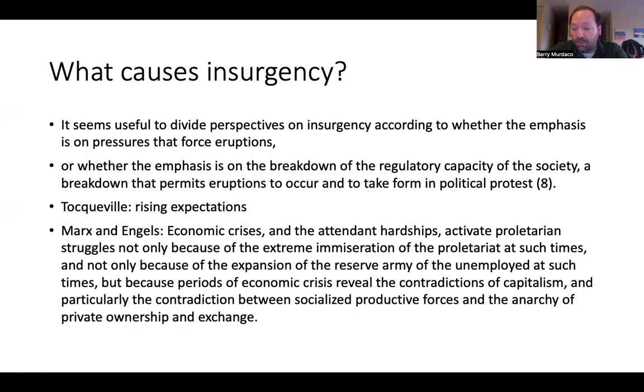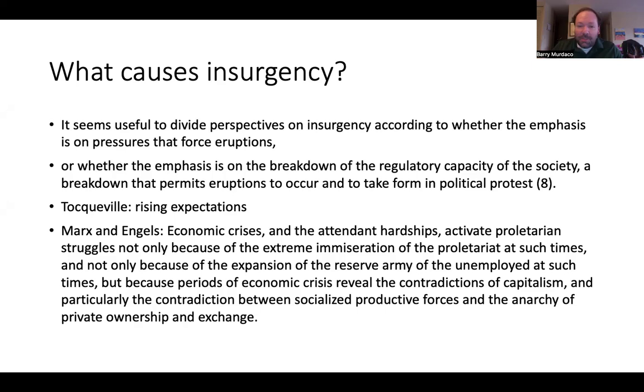You can then break that school down into two different sub-variants here, or maybe even three. One says economic pressures get worse. Another one says, and this is actually highly associated with Tocqueville, as you can see here, this idea of rising expectations. The idea is social movements are likely to develop actually when things are getting better to a certain extent, but maybe not that much better. There's actually some small marginal improvement in people's standard of living, but not as much as people want.